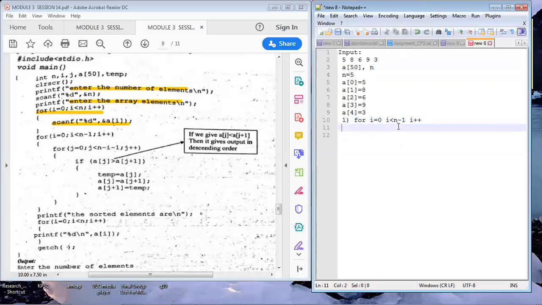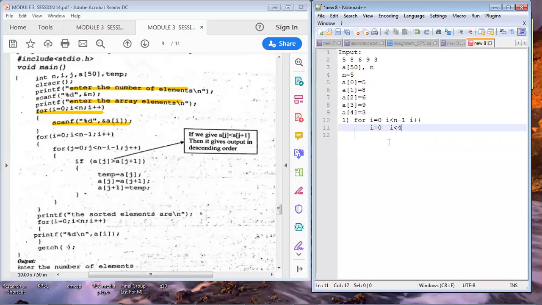We increment the for loop every time. i equals 0 the first time and i is less than n minus 1. What is the value of n? Your n is 5. So 5 minus 1 is 4. So 0 to 3, a total of 4 times we execute this outer for loop, because less than 4 is given, not less than or equal to 4.